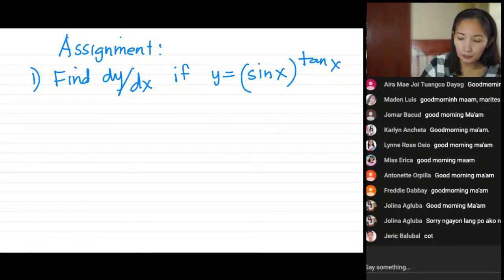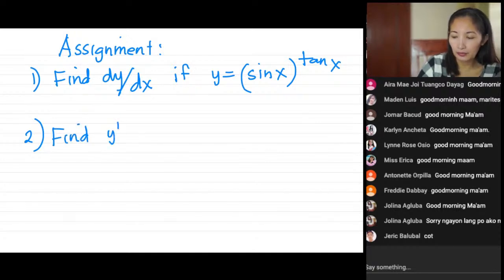And number 2, find y prime if y is equal to